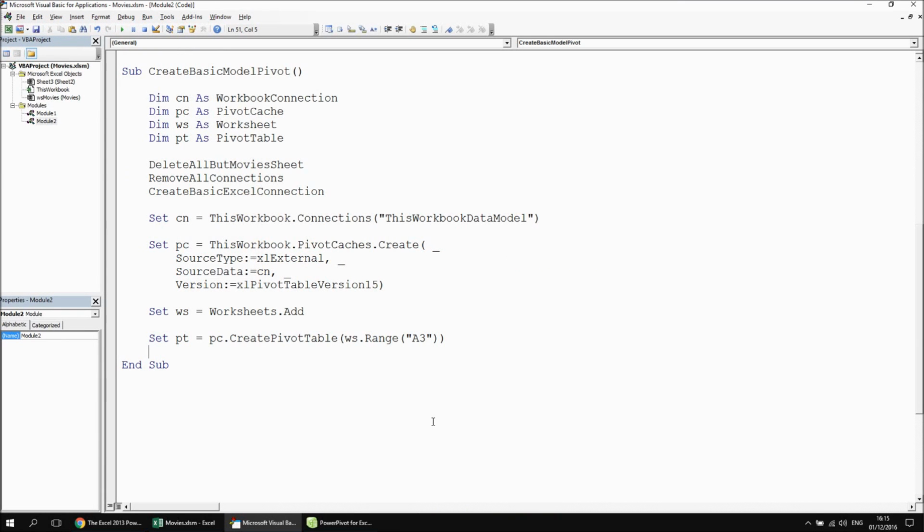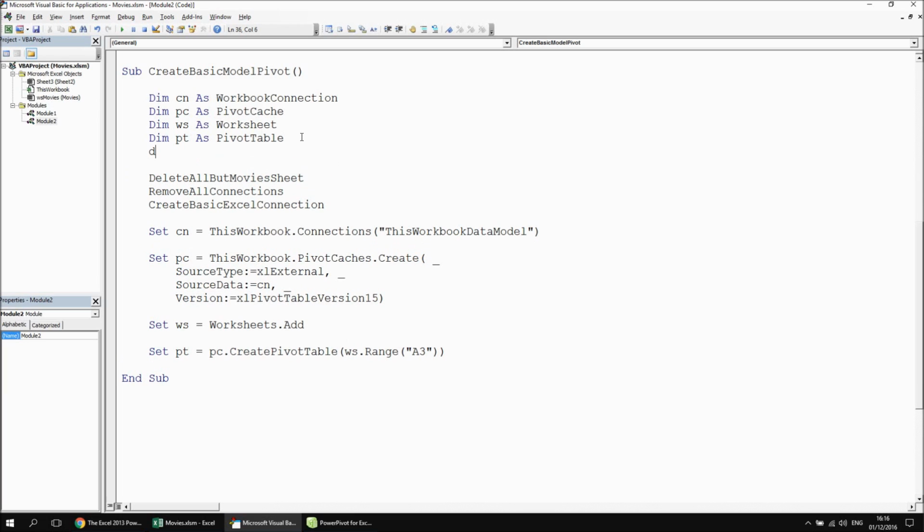Now adding fields to a pivot table based on a data model works slightly differently to adding fields to a normal pivot table. Just to help us work with this, I'm going to declare another variable, something called CF, as a cube field. Now ordinarily in a normal pivot table you'd be working with something called a pivot field, but in a pivot table based on the data model they're not referred to as pivot fields, they're referred to as cube fields. So what we're going to do is show you how to add in a couple of different fields to this table. So let's start, after I've created the pivot table itself, by setting CF to be equal to